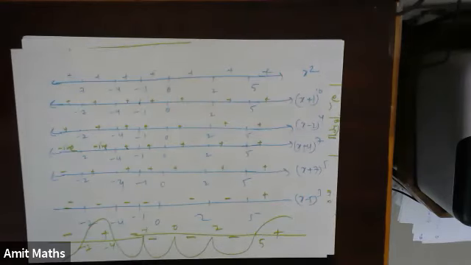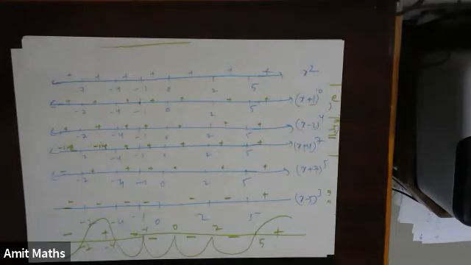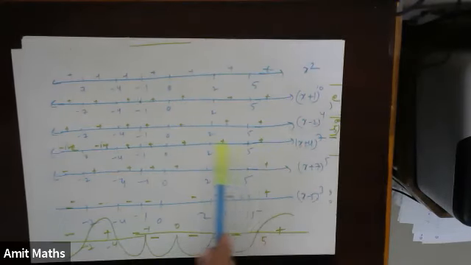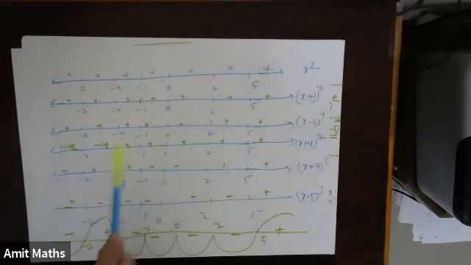Okay, same thing. Why are we finding the roots? Because around that root only the expression changes sign. If the power of the expression is even, then at its root it will become only 0, but around it, it will keep its sign the same. But if the power is odd, around that root it will become 0 and it will also change its sign. For these 7, 5 and 3, they were positive, they became 0 and then they became negative.